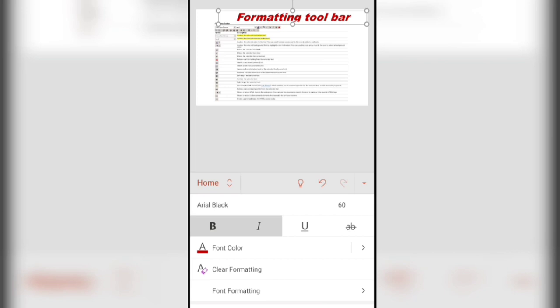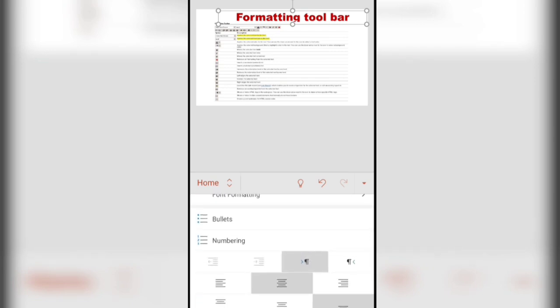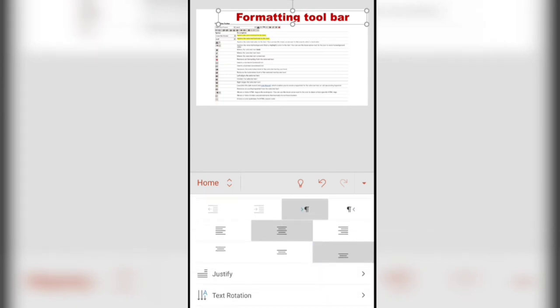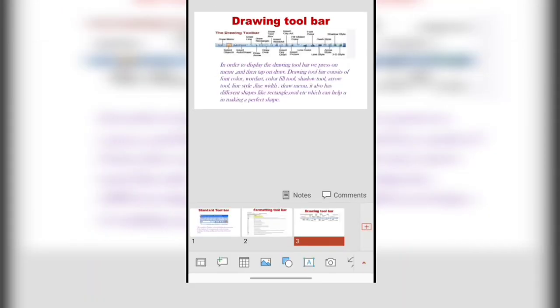You can make the font in italics or you can also underline it, but I don't want to, so I'm not choosing them yet. For the headline, you don't need any bullets or numbering, but when you have a subtitle for it, you can always choose bullets and numbering. It will help you. Then there is alignments, where you can change it, make it to the left, right or center. I have kept it in the center since it's the headline. And there are a lot of other options available over here.